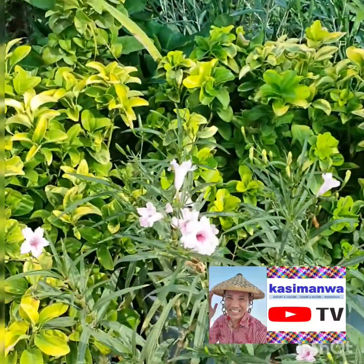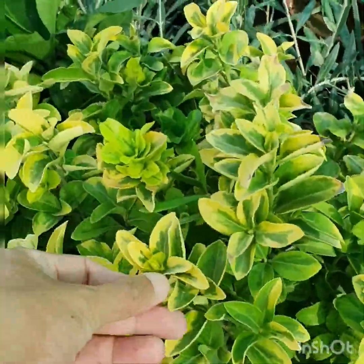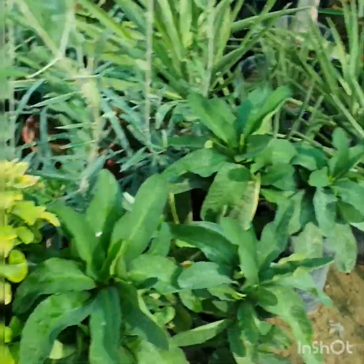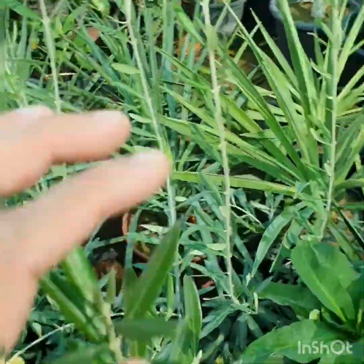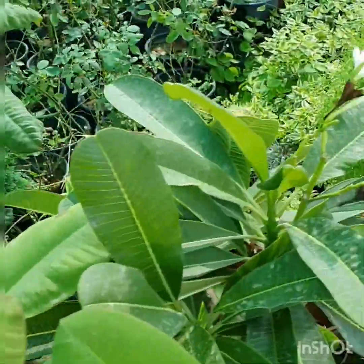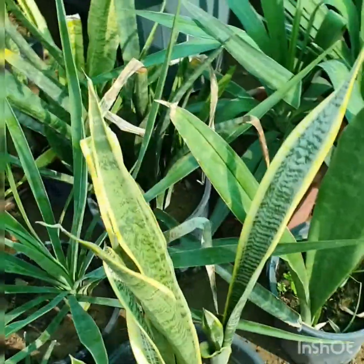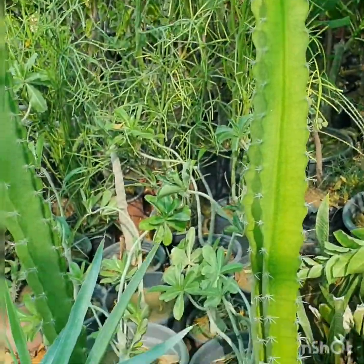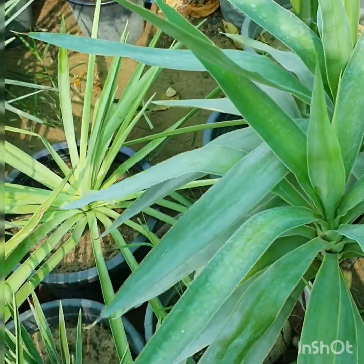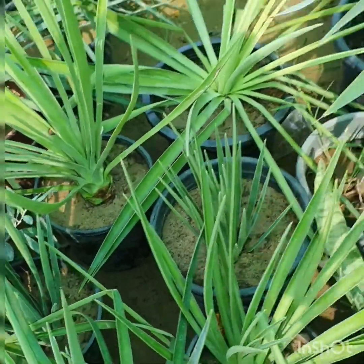So they have this. I don't know the name of this. Oh, this is nice. Looks like plastic. So variegated, oh. Look at this. They have plumeria, sampagita, snake plant. And this big cactus, Dracena, what's this? Agave,